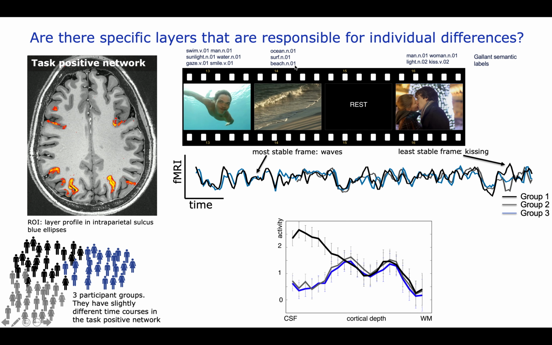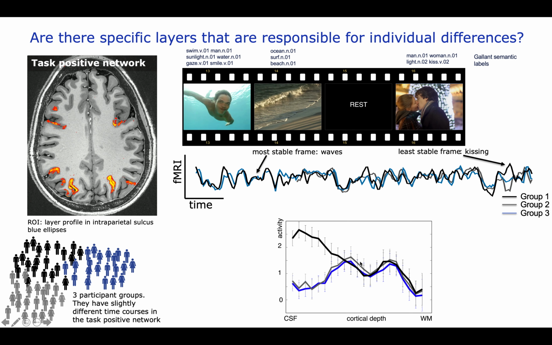In fact, when you show people beach scenes and wave patterns, almost the entire brain does the same thing no matter what you do. Whereas when you show them kissing scenes, people tend to react more differently. And then we can zoom into these time frames and those scenes and see where these differences are coming from. Here, for example, it is visible that in this case, it really seems to be from the feedback-driven layers, the superficial